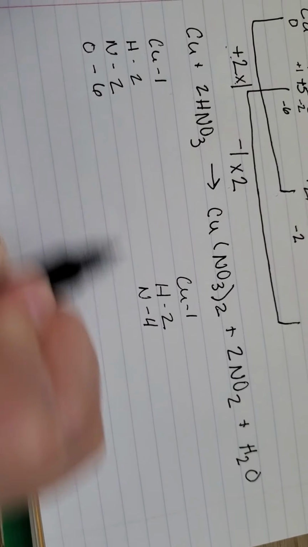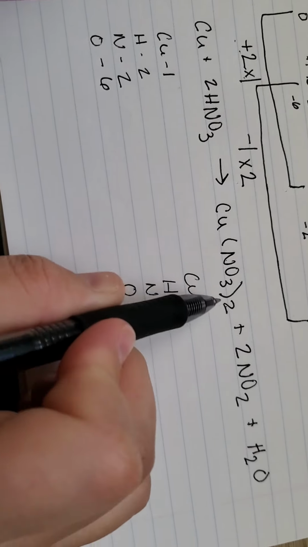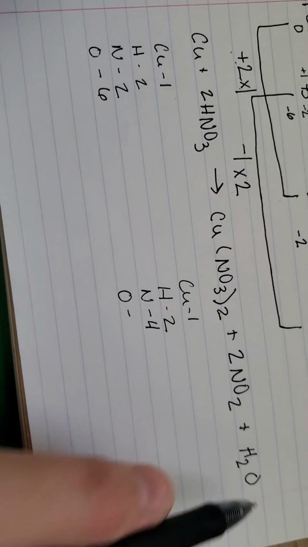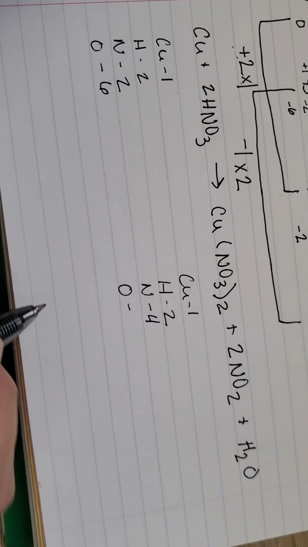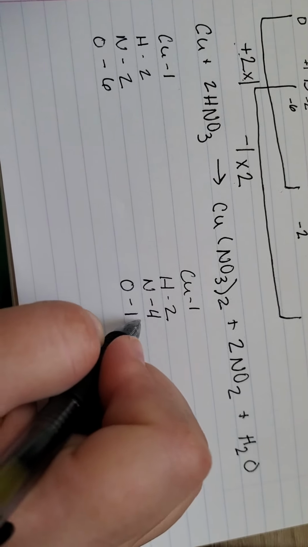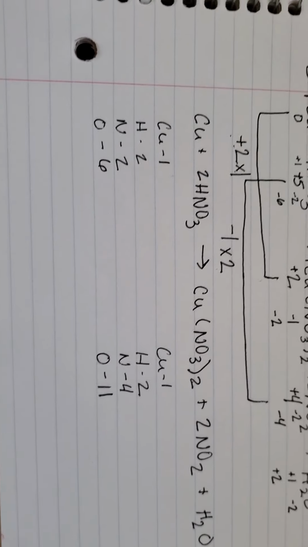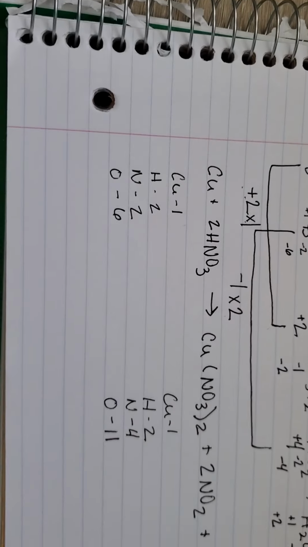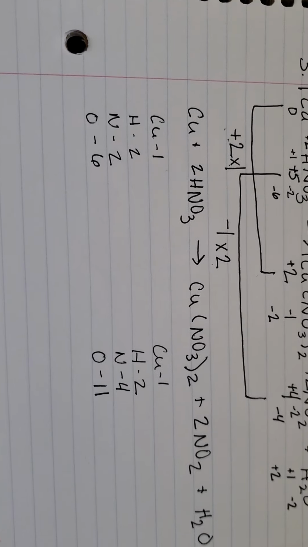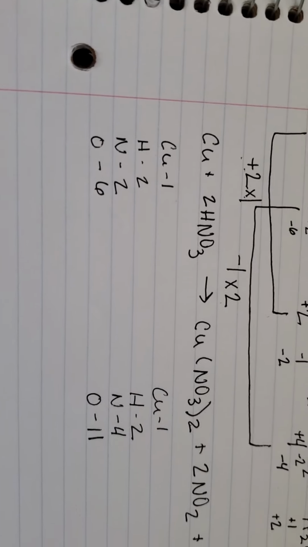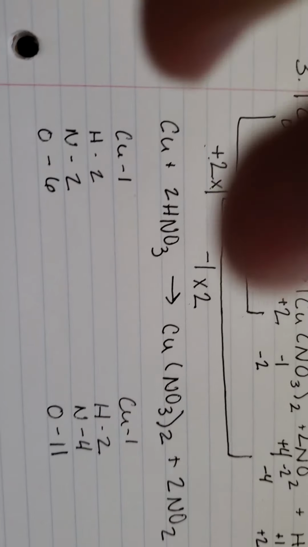I have 6, and over here I have 6 plus 4 plus 1. Okay, so we have 11. 6, 4, yeah, okay. All right, so the first thing I'm going to want to fix is my nitrogens. The easiest way to do that is to turn this 2